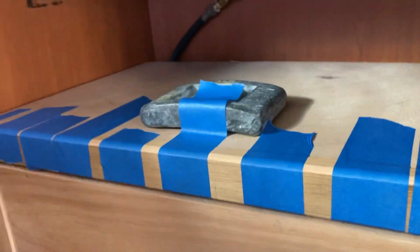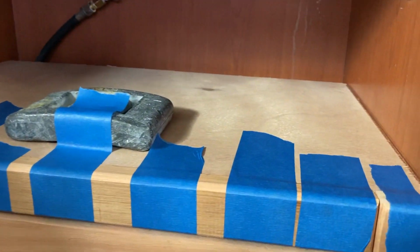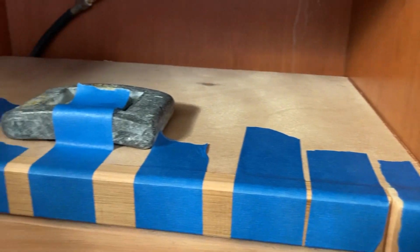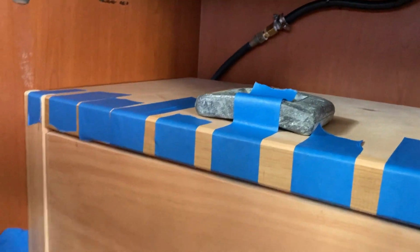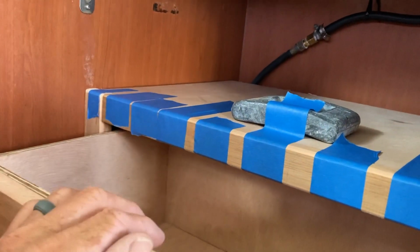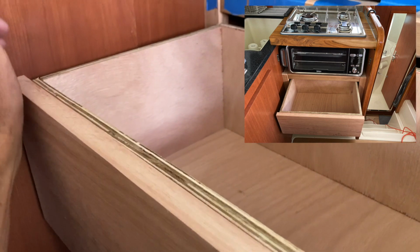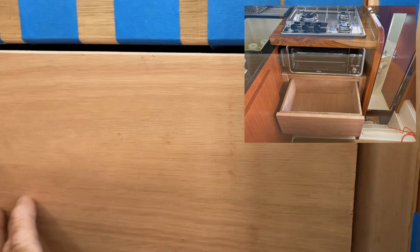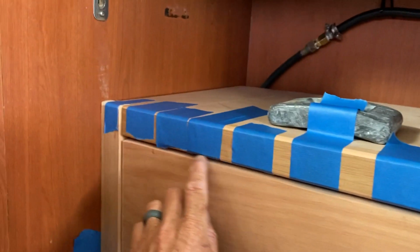Alright guys, so kind of the end of day one on this. We have got this, the top plate is kind of just siliconed in. This nosing is wood glued on. The drawer is fully functional and just will need to be finished out. But we couldn't totally complete the job. I couldn't do this route, the final